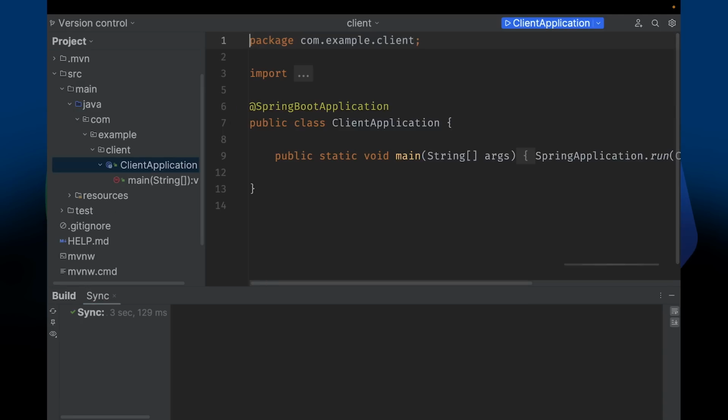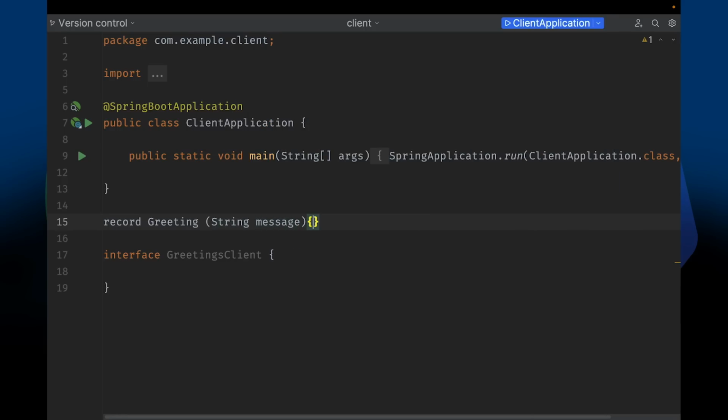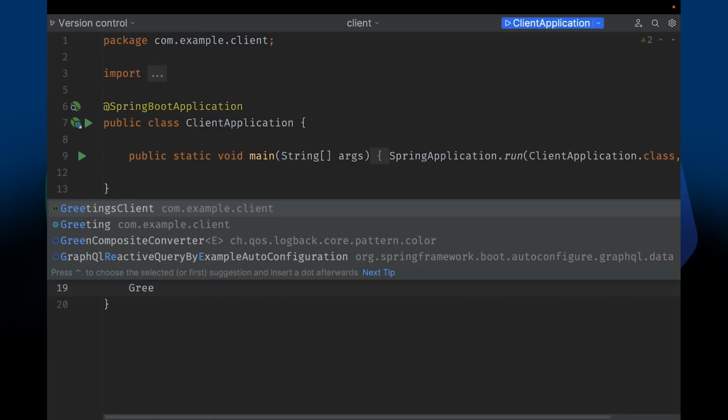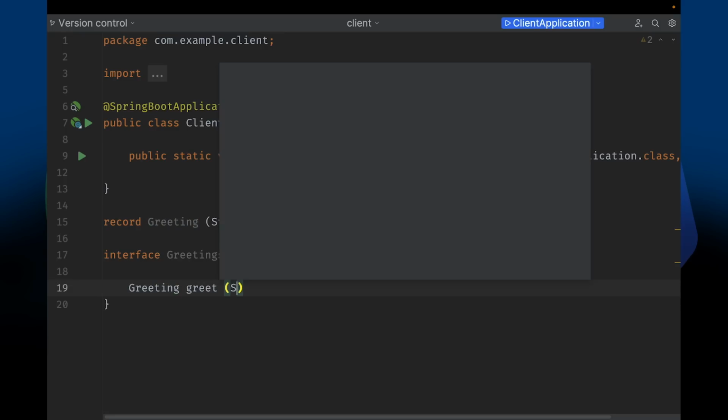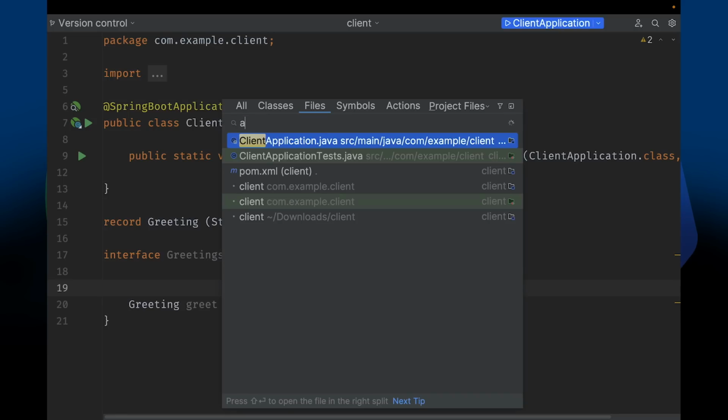Alrighty, client application. And all I'm trying to do is to use yet another feature in Spring Framework 6, namely declarative interface clients. So greetings client. And I'm going to create a record here called greeting with a string message. And I'm going to create a method that returns a greeting given a string name. So this is going to be a client that talks to our API, the one that we just finished building,